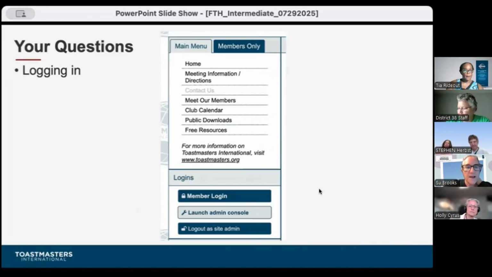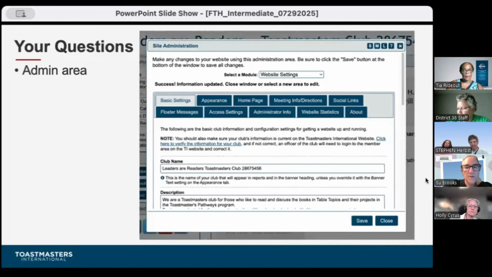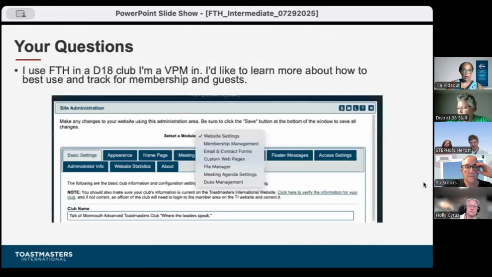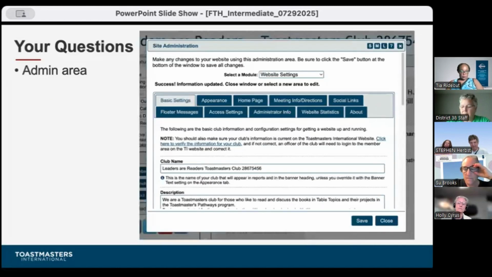So launch the admin console, and you'll be brought to a screen that looks like this. Site administration is in the upper left. You will see a couple of lines down, select a module, and it currently says website settings, and then there's a drop down. We're going to go through some of the other options that you have available to you.